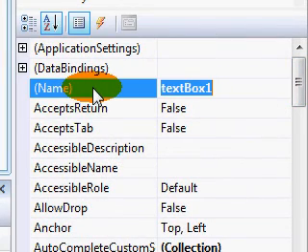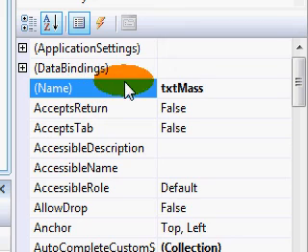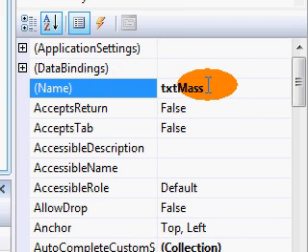We could call it input, or in this case I'm going to call it mass because it just gives us some more of an idea of what is taken into that text box. And I like to always write txt at the beginning for a text box so that I know right away when I'm looking at the code that it is a text box. You can choose to write txtbx. It's up to you, just as long as it does give some meaning to it. So our first text box will be